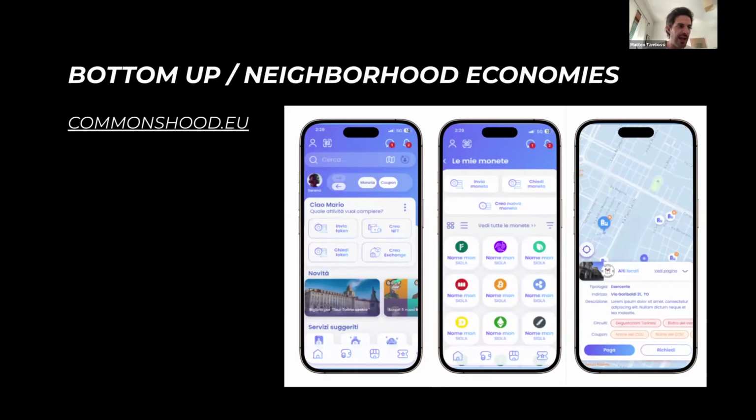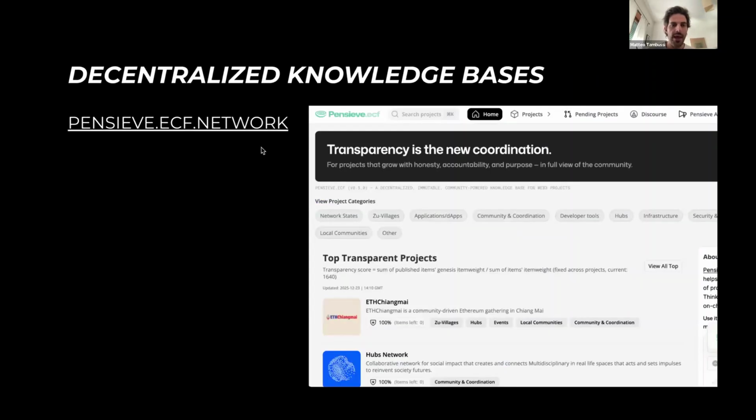It's a very interesting project that I suggest you have a look at: commonsud.eu.